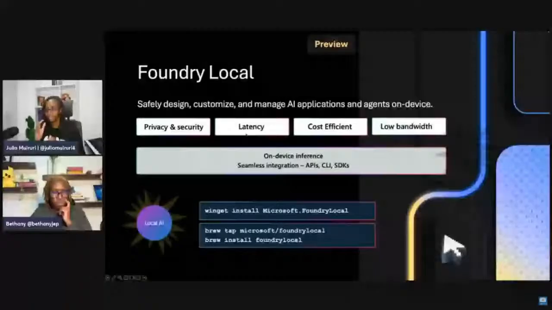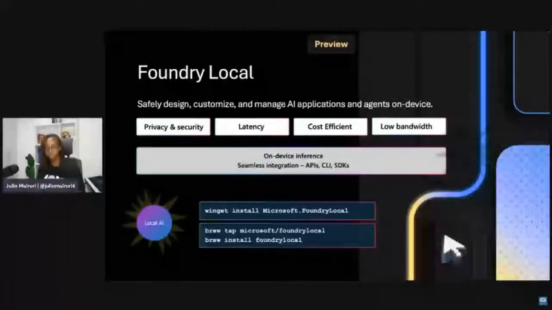If you're working with GitHub Models, there is that requirement that you have to be connected to the internet. In as much as we have this generous free offering, you still need to have access to the internet every time you're running your application. But if you're trying to build, let's say, solutions for people who have limited access to the internet, then probably that might be an issue. Now, a really good tool that you can consider is Foundry Local, which you will get to play around with in the next version of the Build-a-Thon.